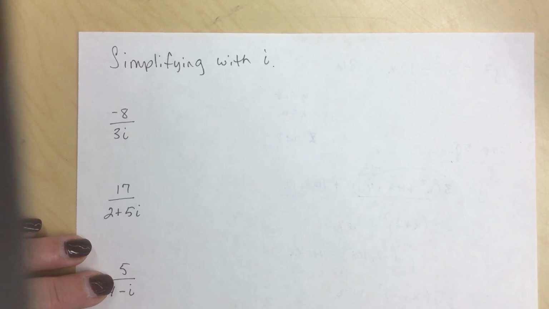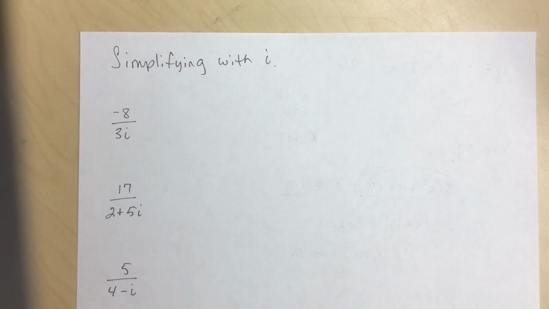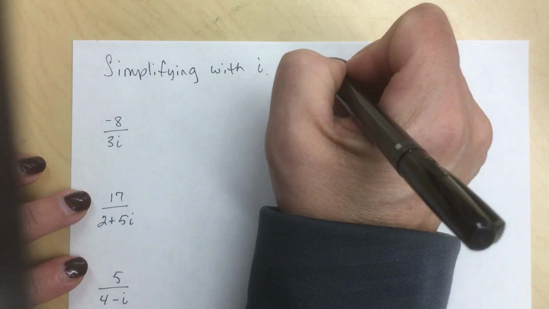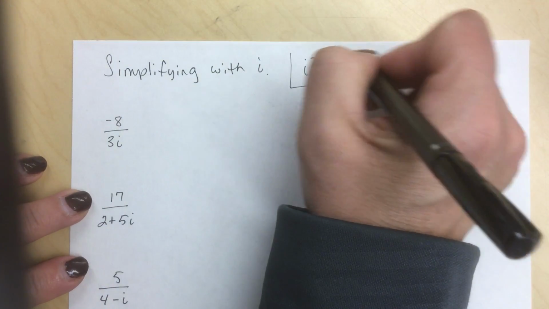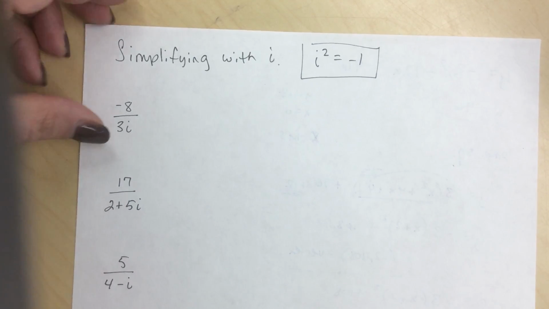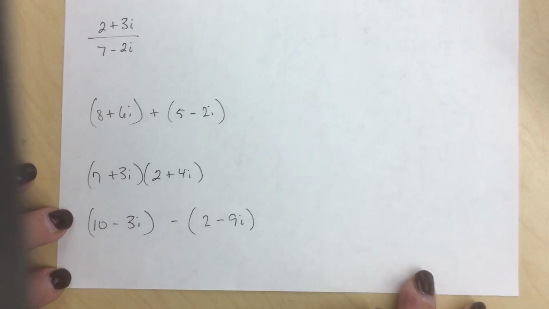All right, in this video, we are going to review how to simplify things with i in it. Remember, the most important thing is i squared is equal to -1. You'll be using that over and over again. Okay, so I've got some division problems here, but I think we're going to move down and start with addition